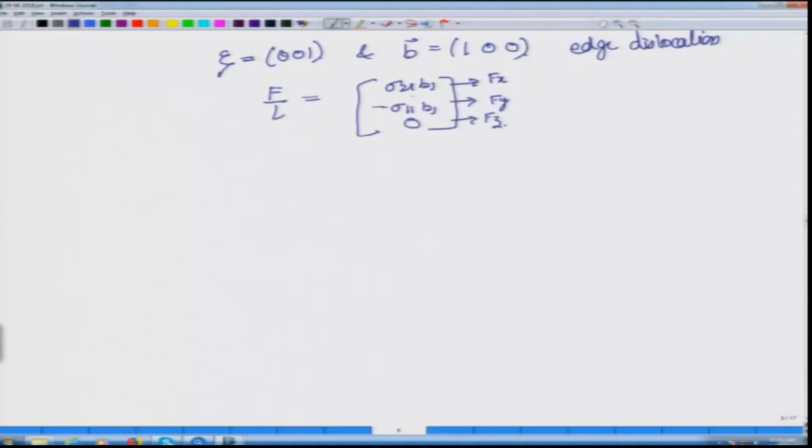And now, like I said, 2 1 you can take as y x for a starting dislocation, and therefore, f x by L can be written as G b square by x, and f y by L is equal to minus